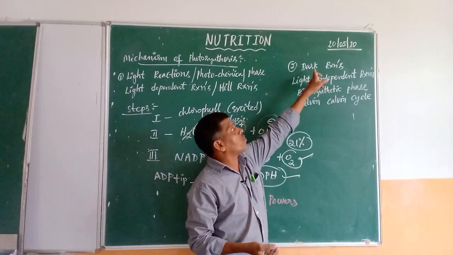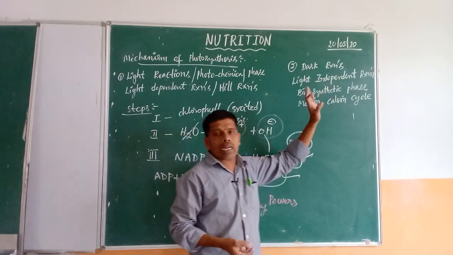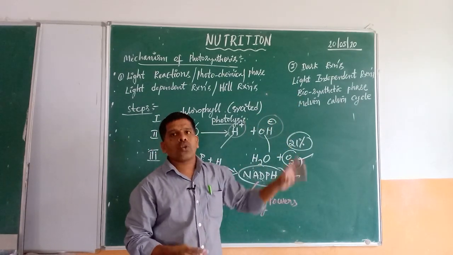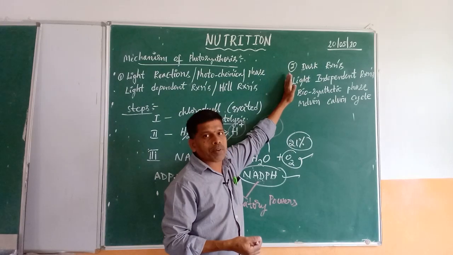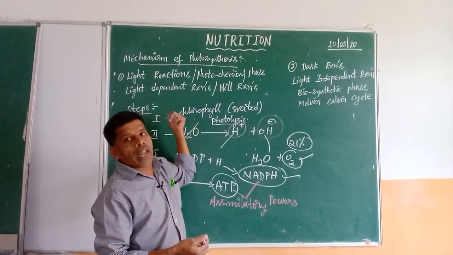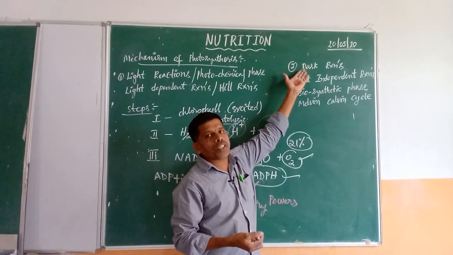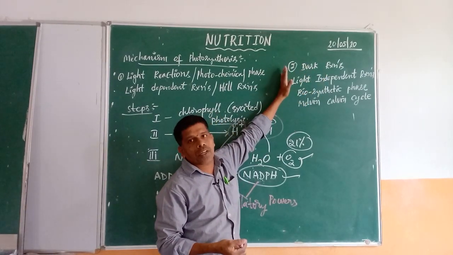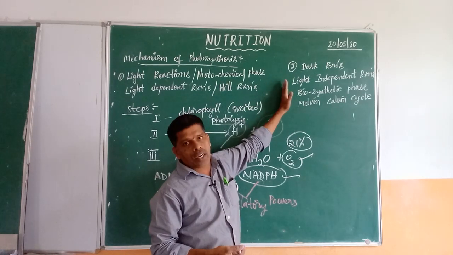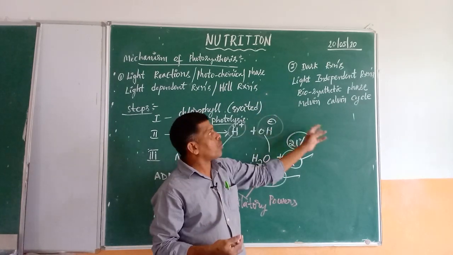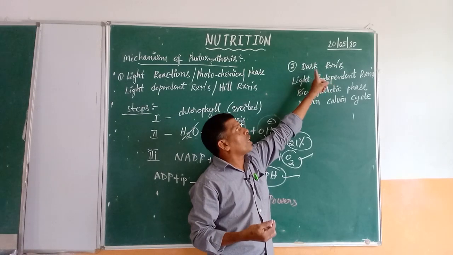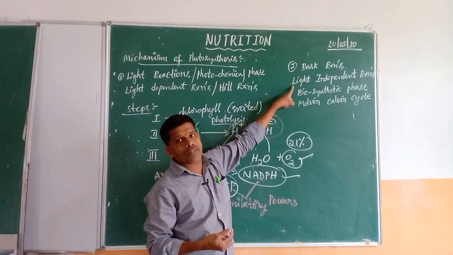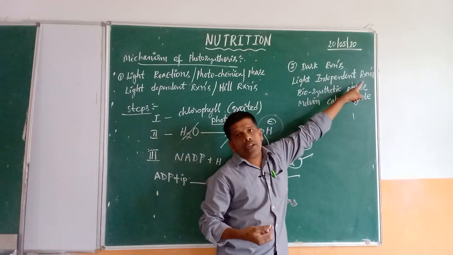Now don't get confused with the word dark reactions. It does not mean that the reactions are carried out during the night time. Absolutely they are carried out in the daytime itself. Immediately after the light reactions, it continues with the dark reactions. So why is it called dark? Because this type of reaction does not require light, sunlight; even if it is there or not there, these reactions can be carried out. That is why these are called dark reactions, or light independent reactions.